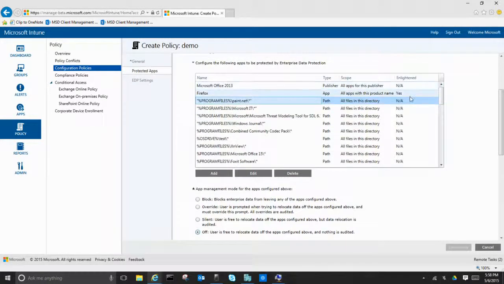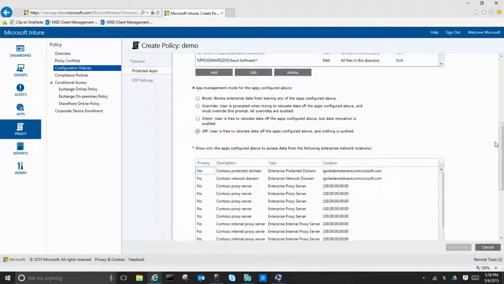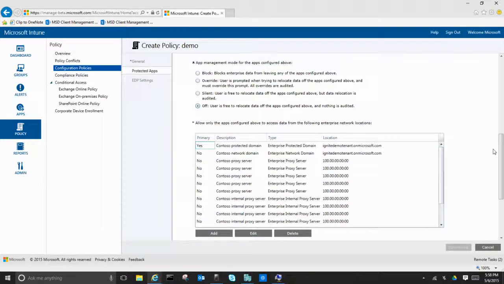Yep, you can also define whether the app is enlightened or not. So you can define that in the policy. And by enlightened, we mean the app itself will know in what user context it's running. So then Outlook knows whether I'm running in my corporate context or in my personal context. And that is actually very important for a lot of customers, because if we now look at